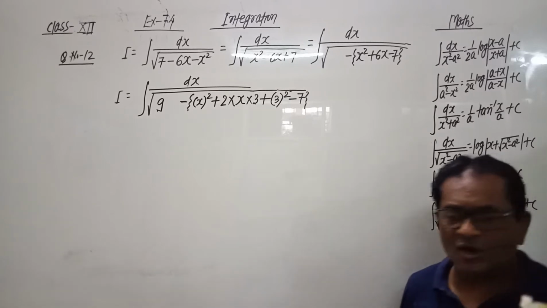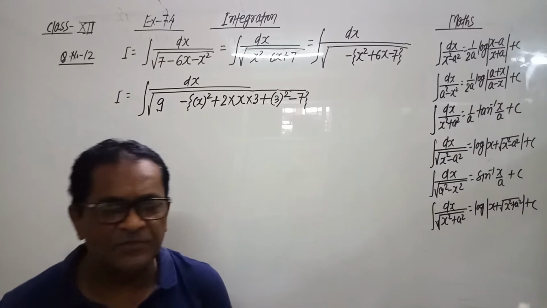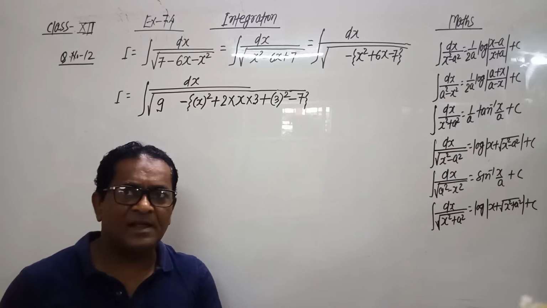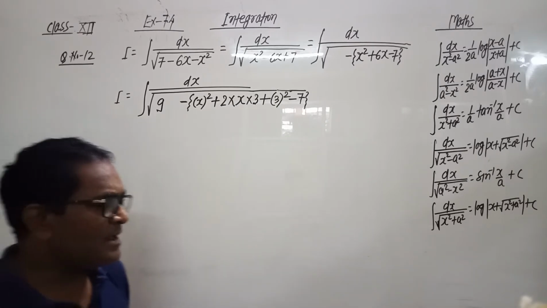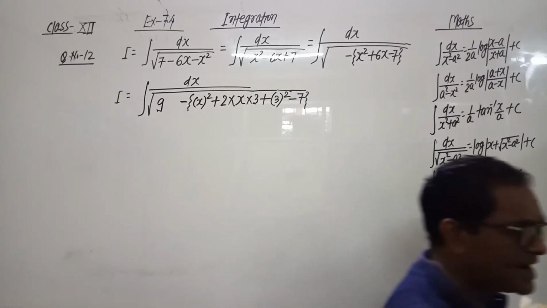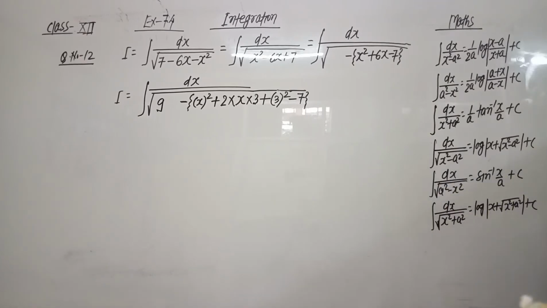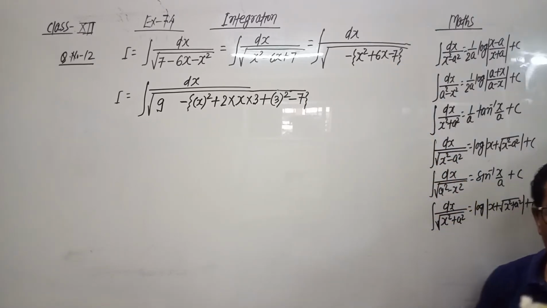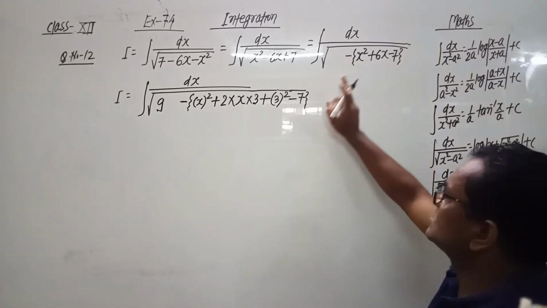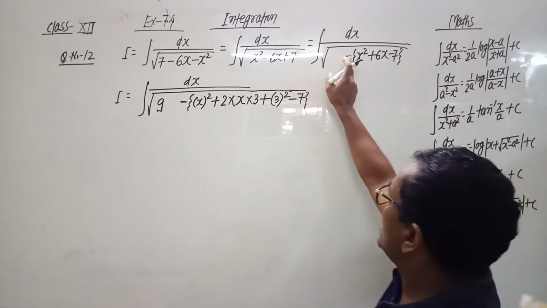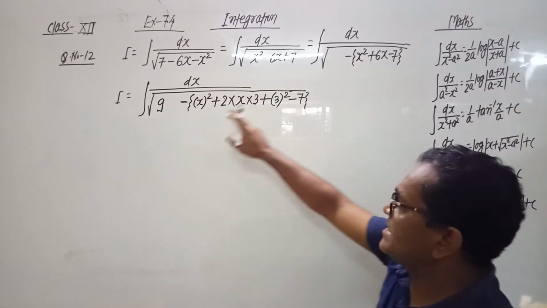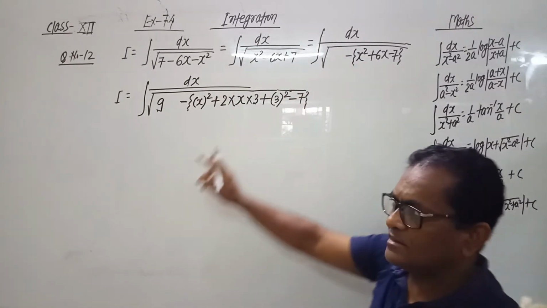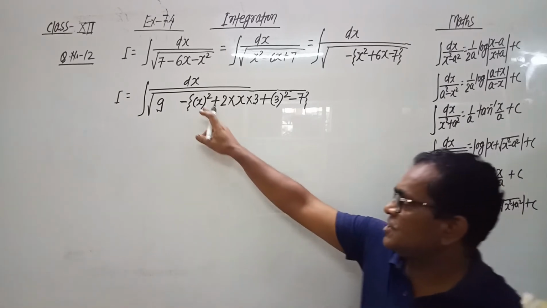If the coefficient of x is positive, then the formula used is (a plus b) the whole square. And if the coefficient of x is negative, then the formula used is (a minus b) the whole square. Here the coefficient of x is positive, so we use the formula (a plus b) the whole square. Now for making the square term, minus outside, x square is written as x the whole square. Then we write this as a square.